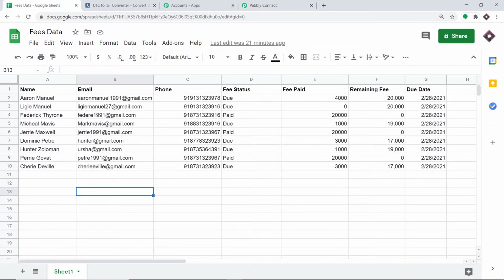So this is my Google Sheet, okay, and it has been titled fees data. And these are the columns I have: name, email, phone, fee status, fee paid, remaining fees, and the due date. Okay, so these are the data. This is the name. Okay, so this is all the name. Then we have all the emails of the related students, and then we have the phone number, and of course